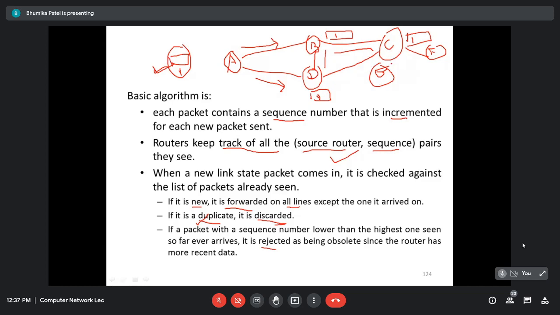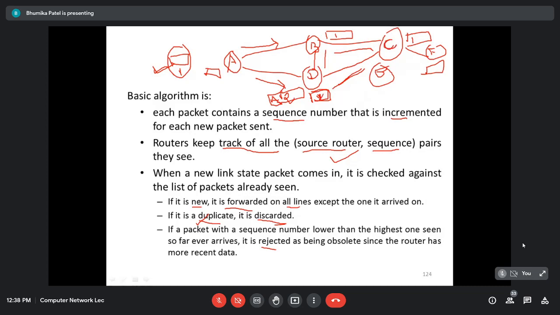Okay, and C is going to send this packet to F and it is going to send the same packet to D. But before that, suppose router D is getting the second packet from the router A. એની પહેલા router A શું કર્યું છે, second packet મોકલી દીધું છે. So here router D is getting the packet from router A with the sequence number 2, but it is getting the old packet, right, with the sequence number 1 from the router C.